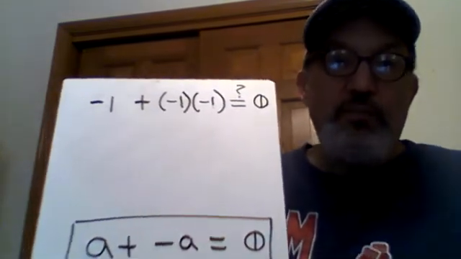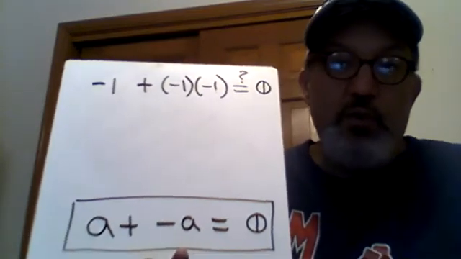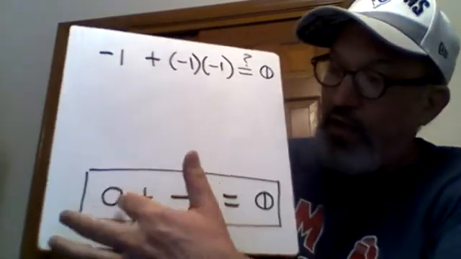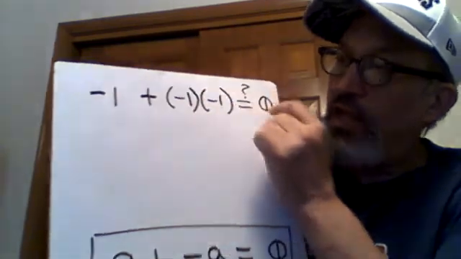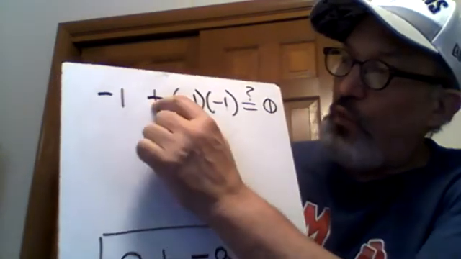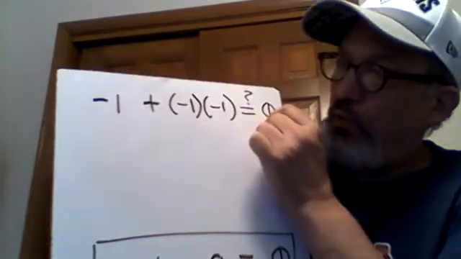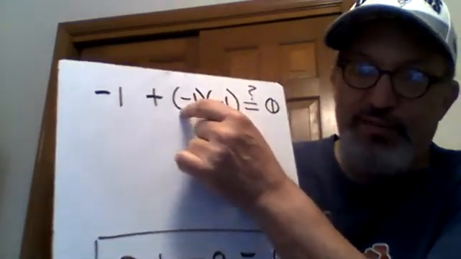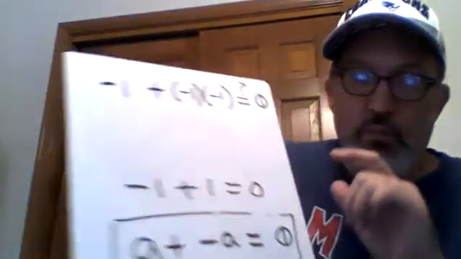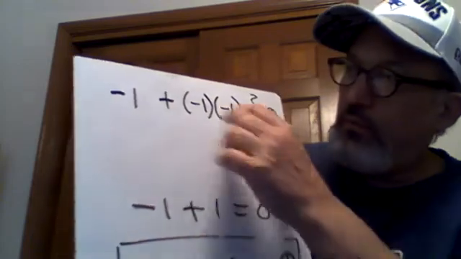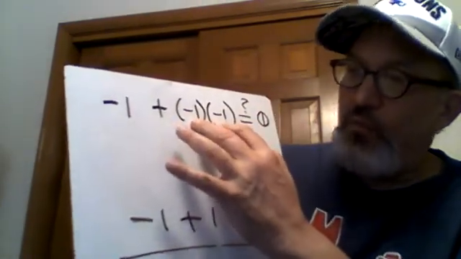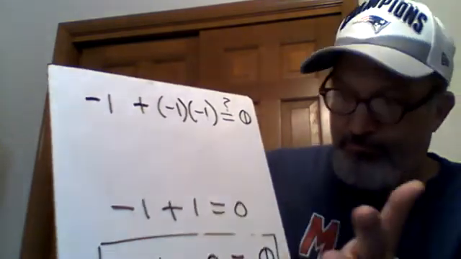Can we prove that negative 1 times negative 1 is 1? And we can, in a very similar way as the other proof. It depends on the fact that when you add two opposites, you get 0. So here we set up negative 1 plus something equals 0. If we can prove that negative 1 plus this something equals 0, then this something has to be 1, right? Because negative 1 plus 1 is 0. Or more specifically, 1 is the only number you can add to negative 1 to get 0. So if this statement up here is true, then negative 1 times negative 1 has to be 1. Okay. Well,